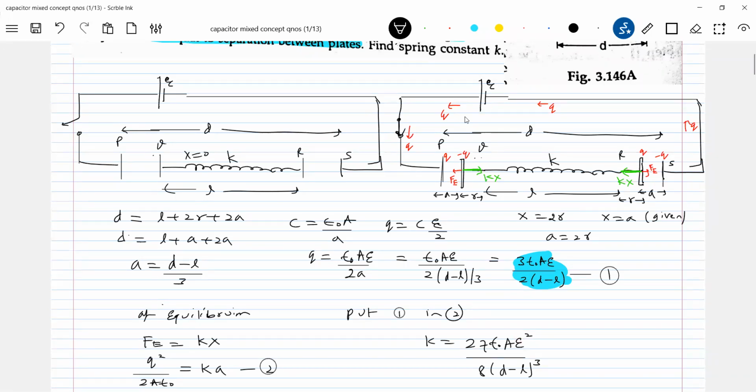I think the diagram is very important. If you can get this diagram, it's over. So it's all about the diagram. You should manage through the diagram. This particular question is all about the diagram. Here, spring, what is this? This is the spring force, this is the electrostatic force. What is Fe? This is the force of attraction between the plates, and this is the spring force.